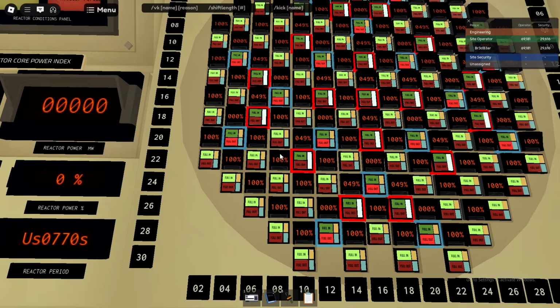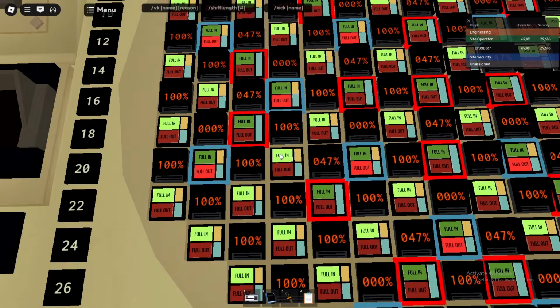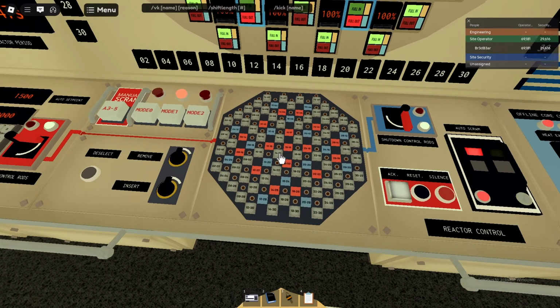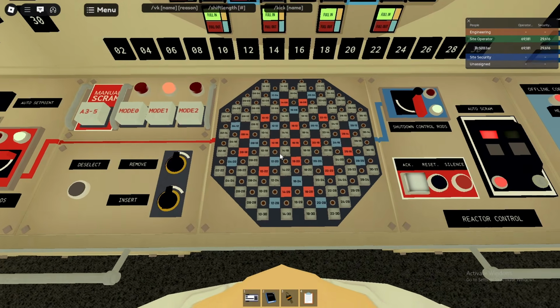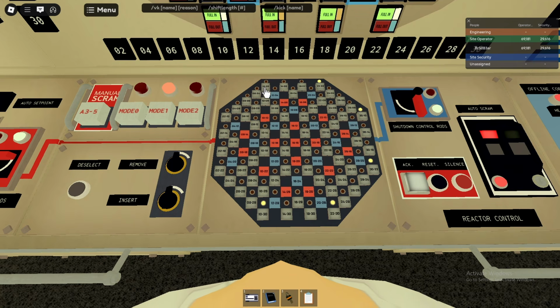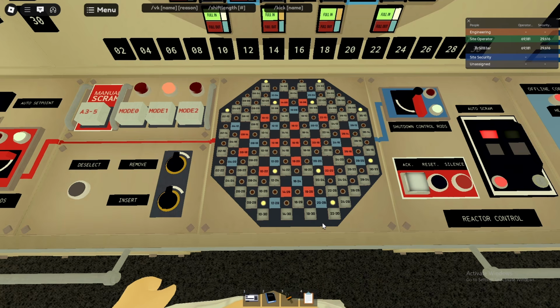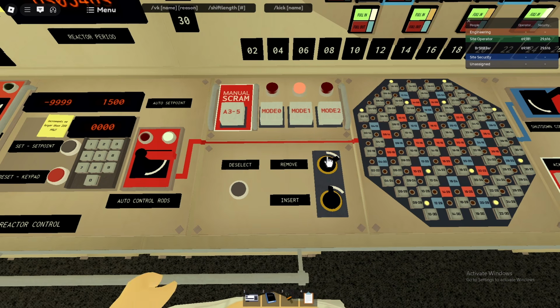and if you take a look, they're starting to pull out. It's trying to turn on the reactor so it gets to that mode, but we need to moderate it with our own and bring it out. So basically, this is a pattern that I learned from another video. I'll put them in the description because they're pretty good. We pull these out, and then we pull those out, and then we click those, and then,